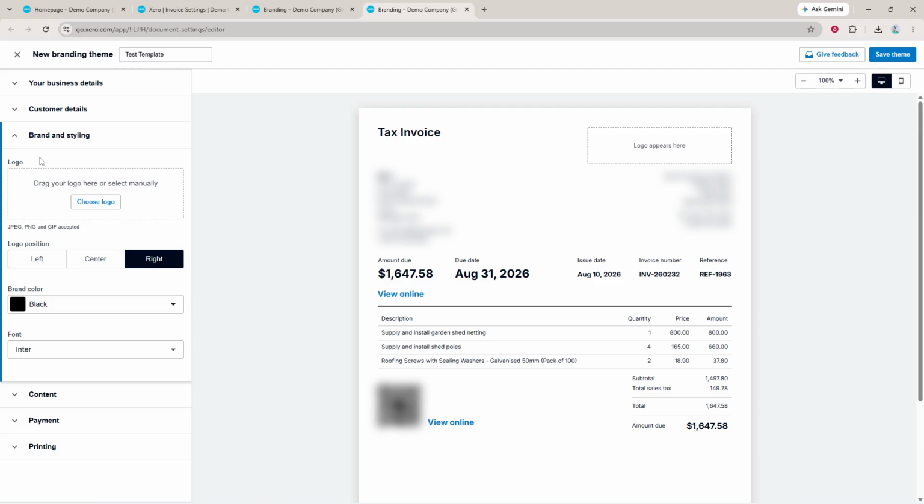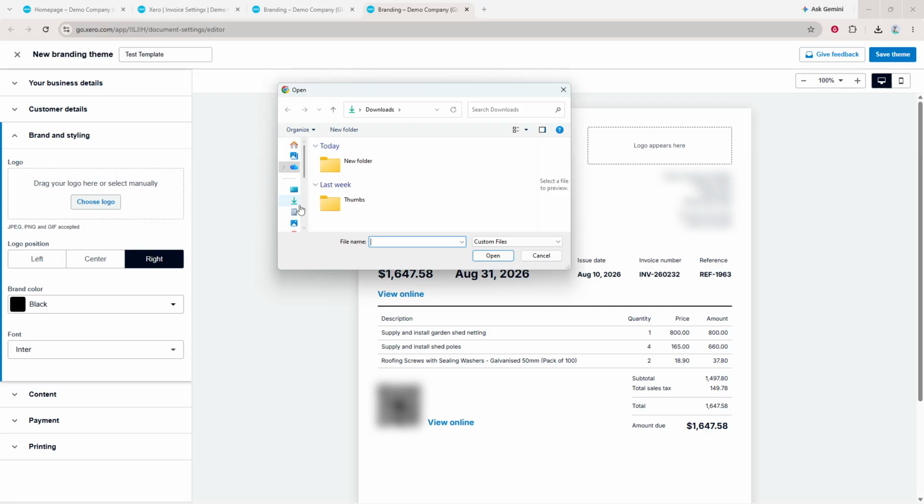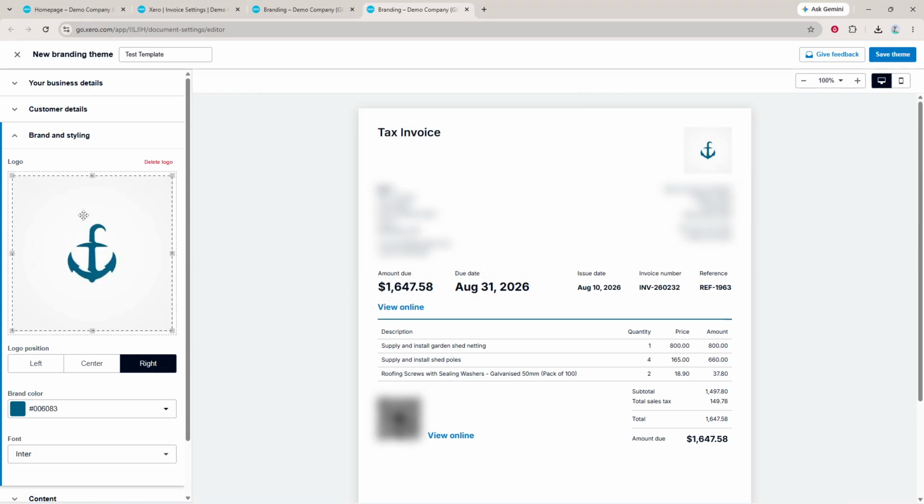Under the Logo section, click Choose Logo and select the file you want to upload. You can also drag and drop the logo file into the Upload area if that is more convenient. Xero accepts JPEG, PNG, and GIF files, so make sure your logo is saved in one of those formats before you continue. Once the file is uploaded, it should appear in the editor so you can confirm that the correct